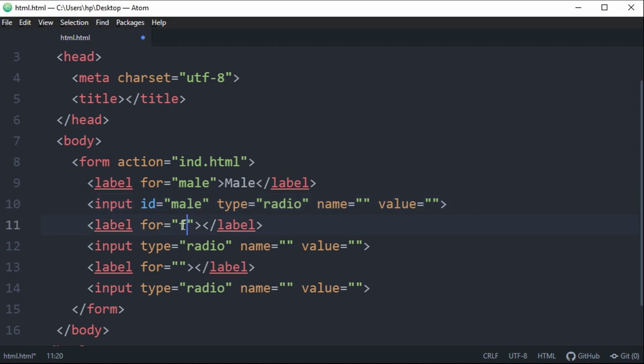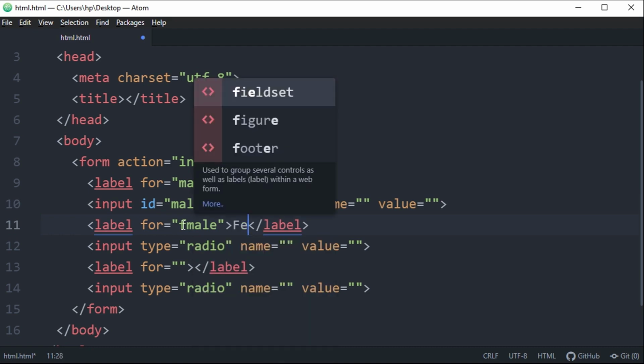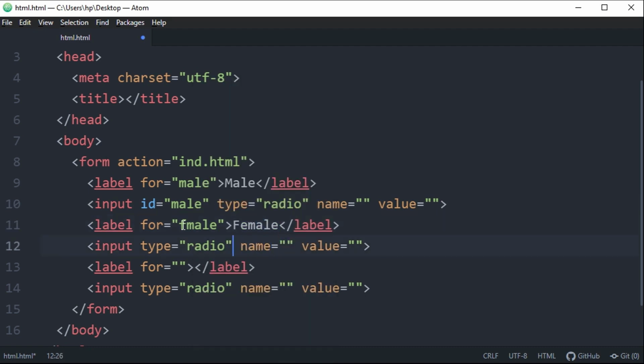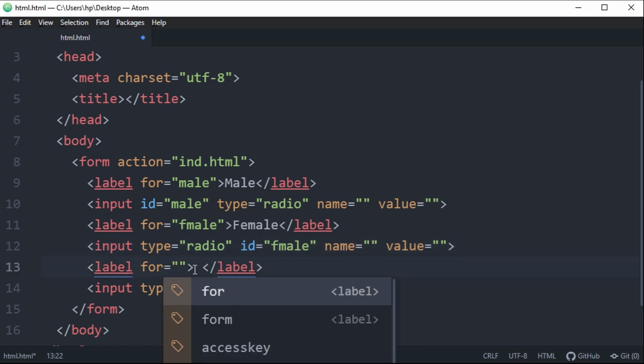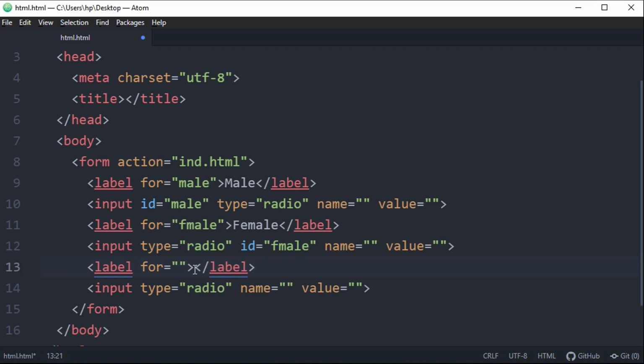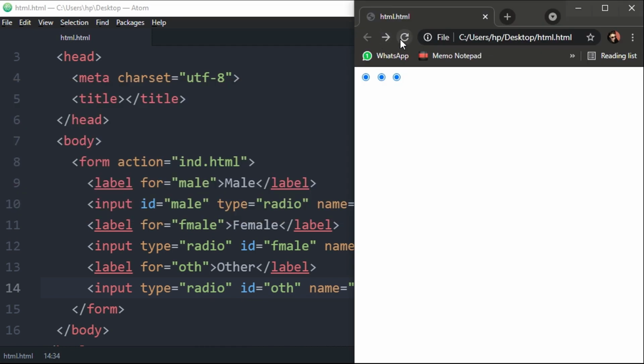Second is for female. Then third is other category. Done. Let's see the result.